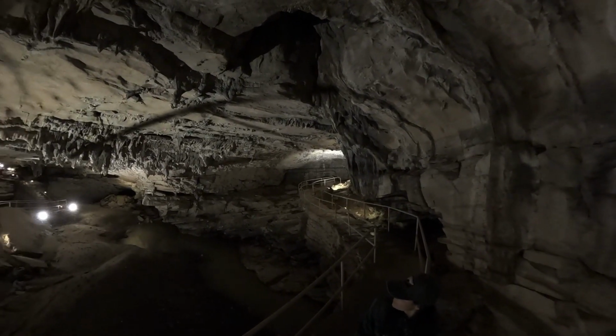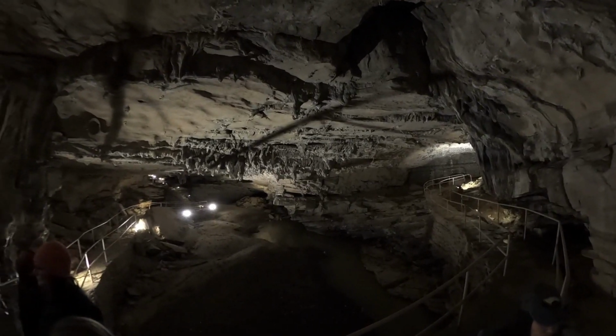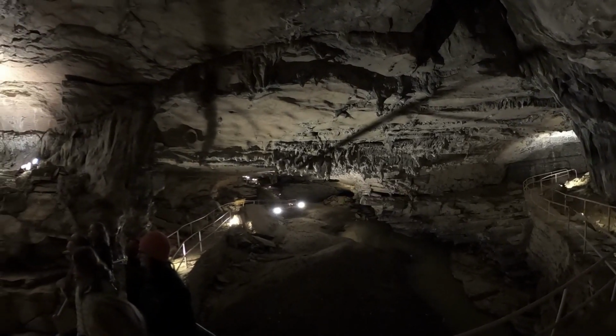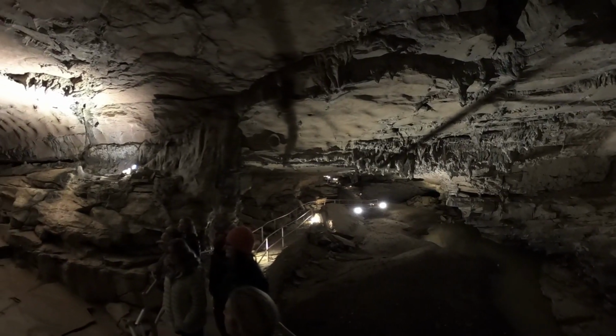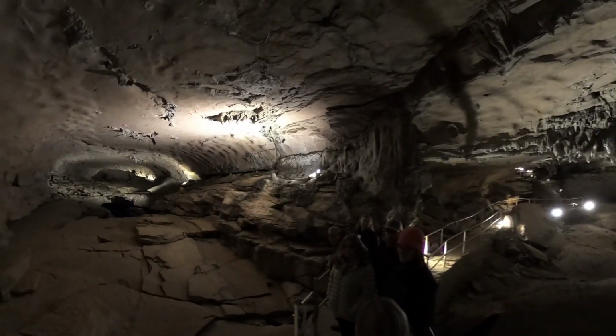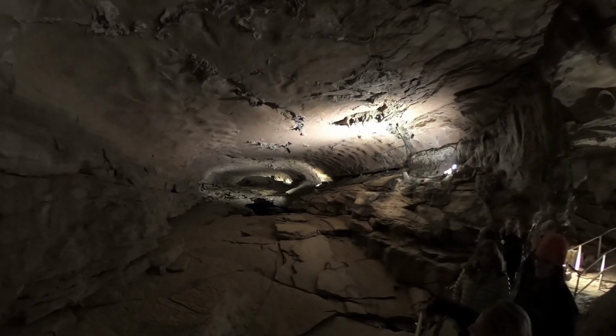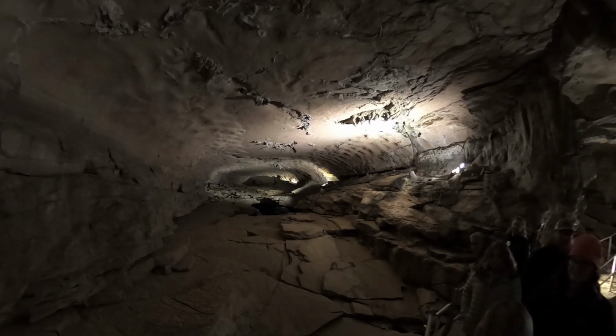So this cave was formed below the water table. So while it was being formed, it was flooded with water. When you're in a cave where you have these big rounded tube ceilings, that's your first indicator. The other thing is room for activities. You can move around. This cave is huge. If you go into X cave, you can barely do this, but you have 90-foot ceilings because it's a vadose